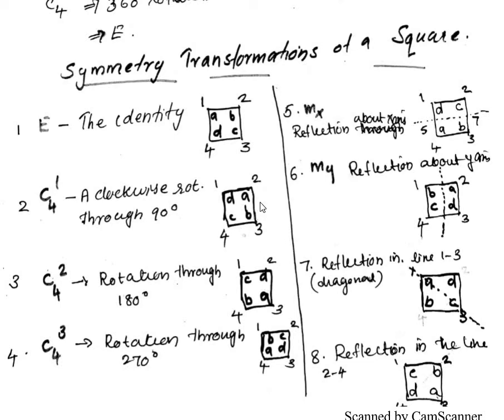So when we do again the C42 operation, what happened? A, B, C, D rotates through 180, that is here 90, so it will be here 180. So this is the C42 element. Okay, so when we do the C43, the square will be like this, and we do the reflection